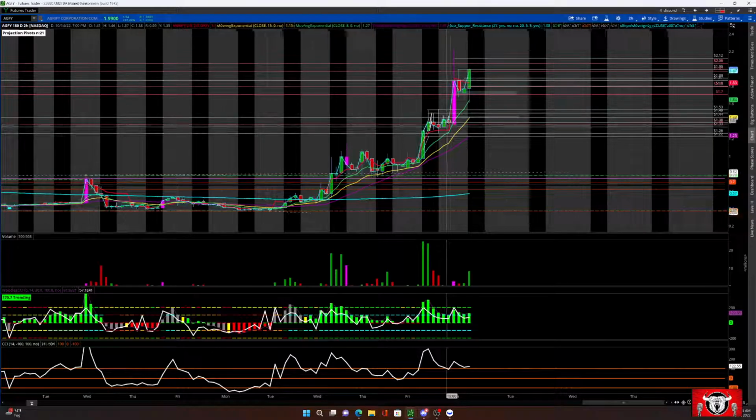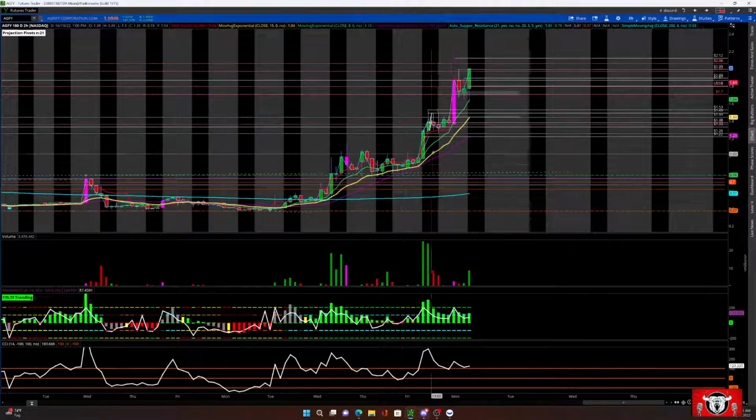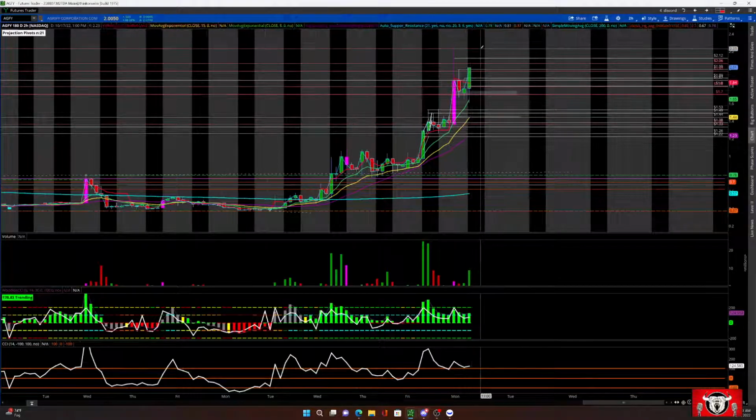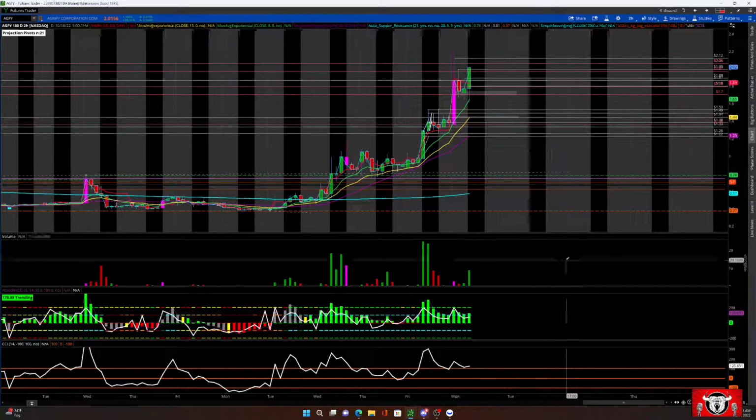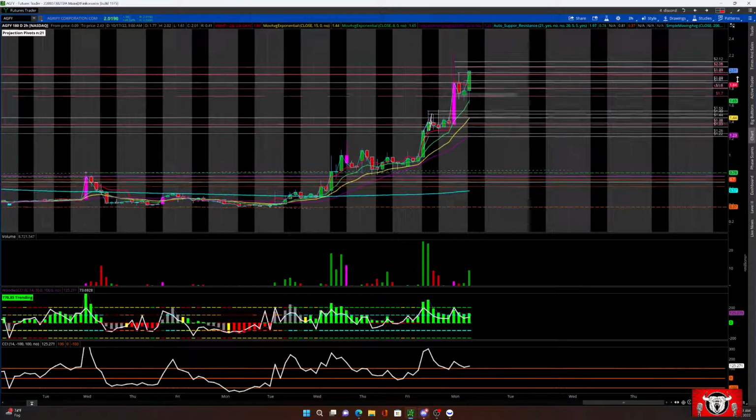Well, it was just a typical flag. So I don't know that this would be push one, because we had, yeah, that wouldn't be push one. I would think this would be the new reset, and this is one, this is two. Now we're looking for 3. Now that's a 2-hour chart, okay? So if we get